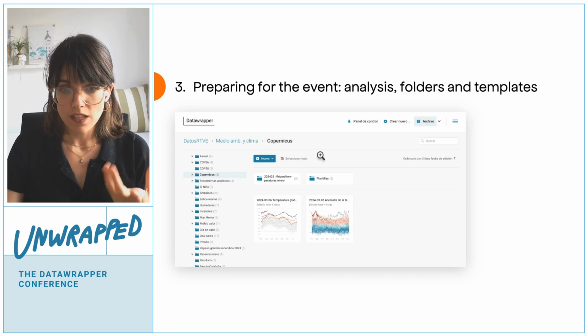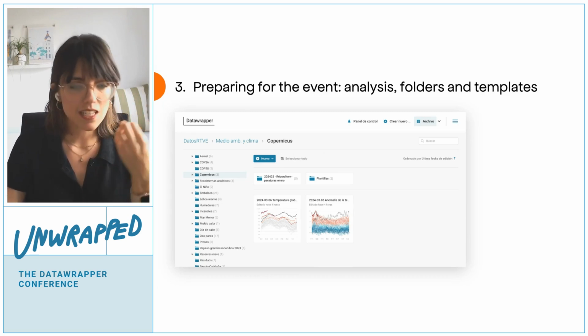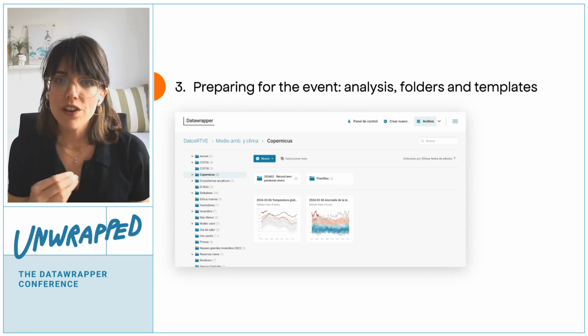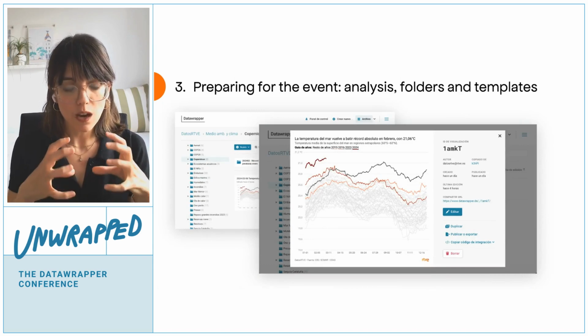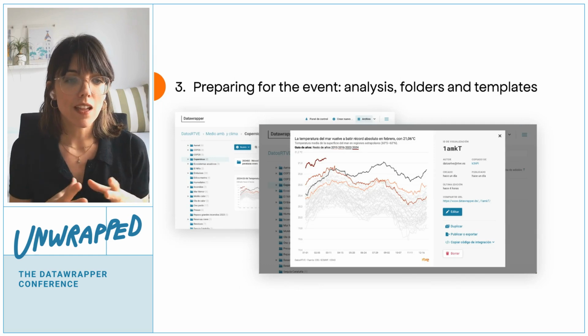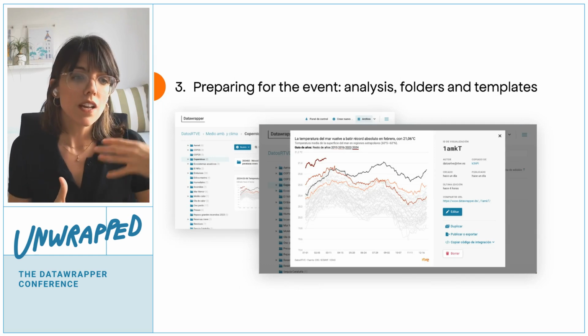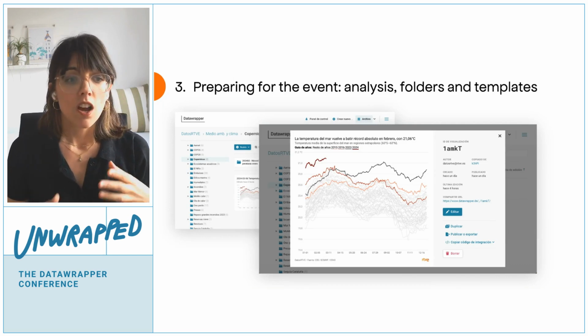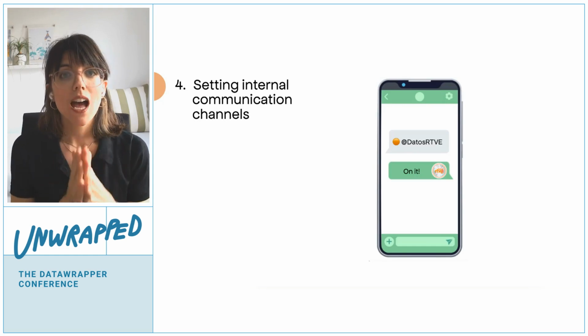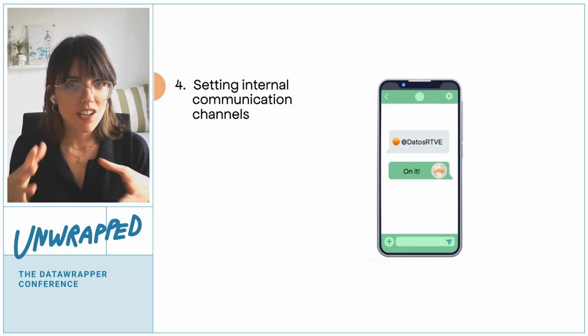Once we decide on that, we make our analysis, we understand the coverage that we want to do, then we create the ad hoc templates. And that's a very important part, because that's what allows us to be fast, because we only have to duplicate the template when needed. And then after that, of course, we have to make sure that we have the communication